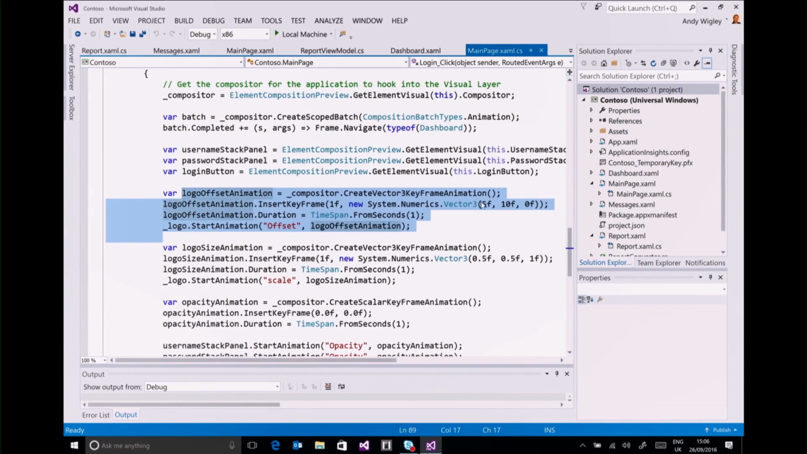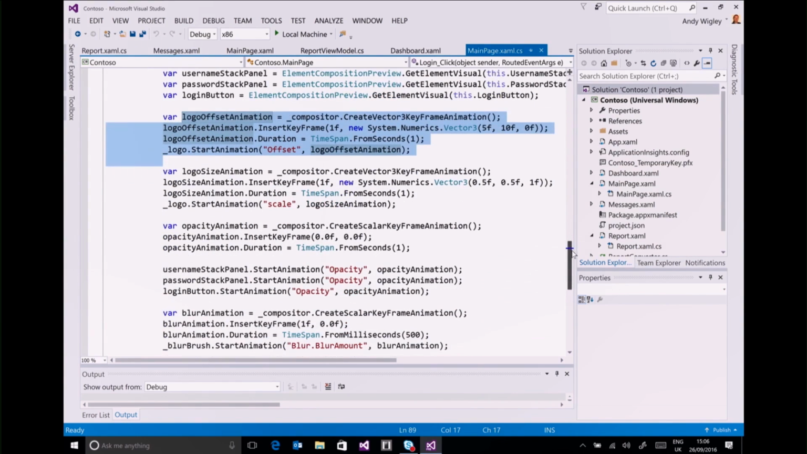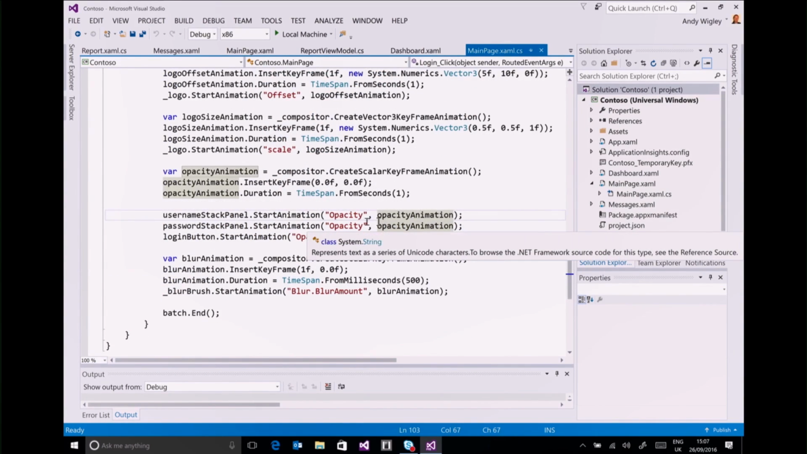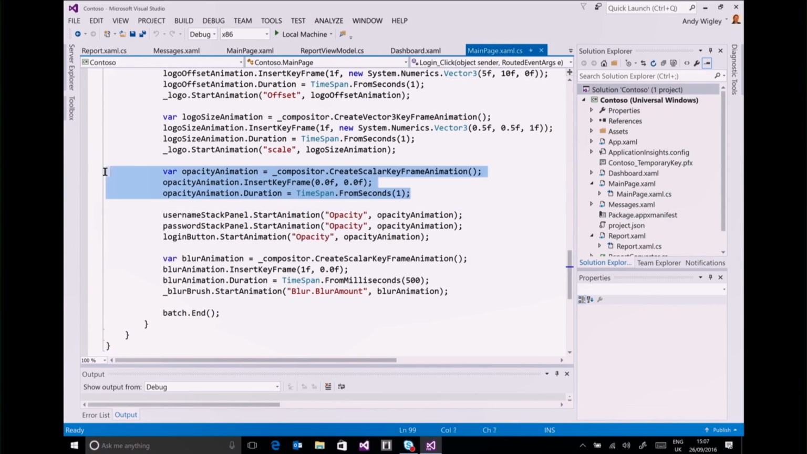Then we create another keyframe animation, another vector keyframe animation. You can apply the opacity animation over and over. These are templates, so you can just define it once. So it's a 1 second opacity animation, which we use 3 times to animate the opacity of the username, the password, and the login button. So they fade out. And then we also move the